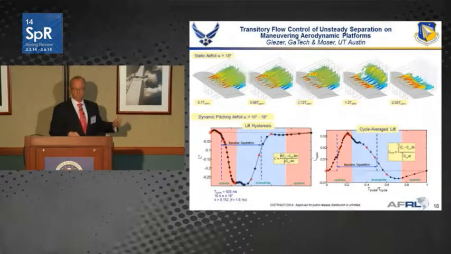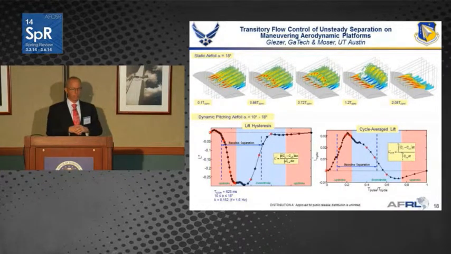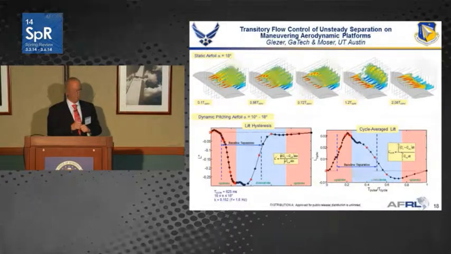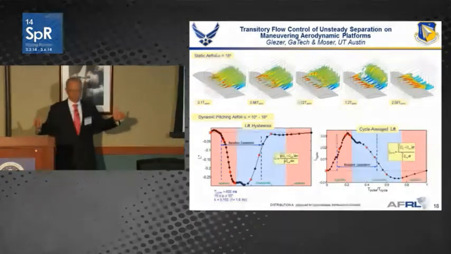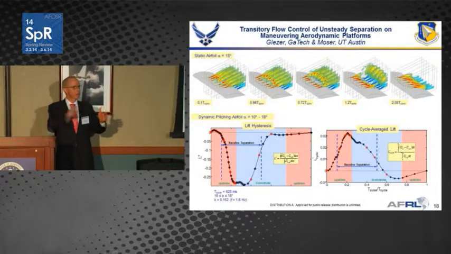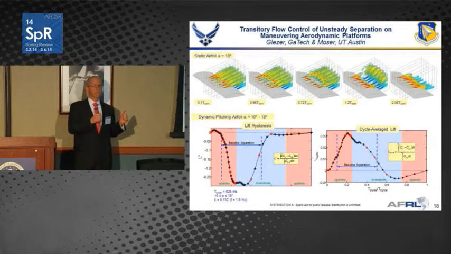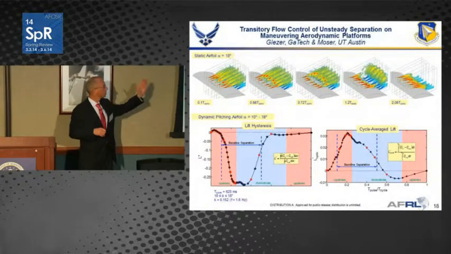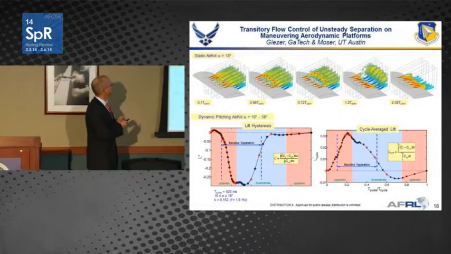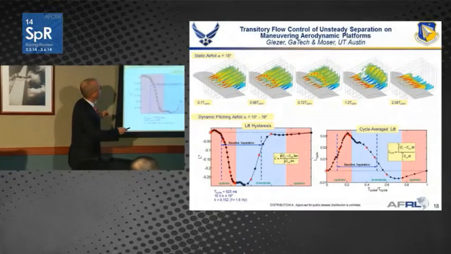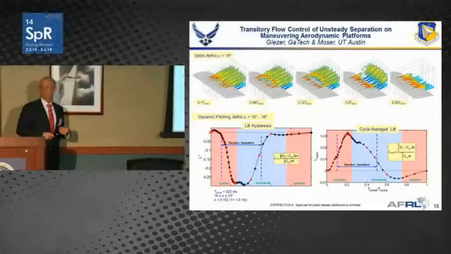So in the top picture here, they just have an airfoil, just a static wing. It's at an angle of attack where the flow would separate, and they say, let me just put in a very short pulse. And that pulse is 1/10 of what's called a convective cycle, which is to say I have a wing that's this long and I have air blowing over it, and it takes a certain amount of time for the flow to move past it. So they put in a pulse for 1/10 of a convective cycle, and they look at what happens to the flow field. And what you see on the top there is a bunch of shots of the flow field as we move, and 2 convective cycles after, so 20 times the length of the pulse, we